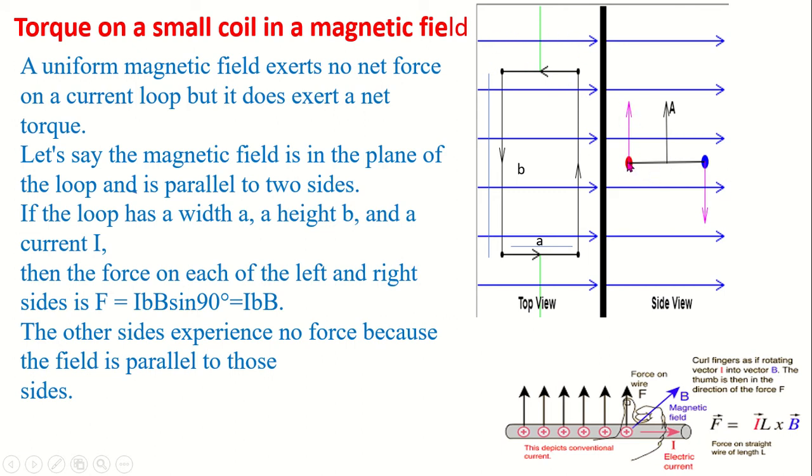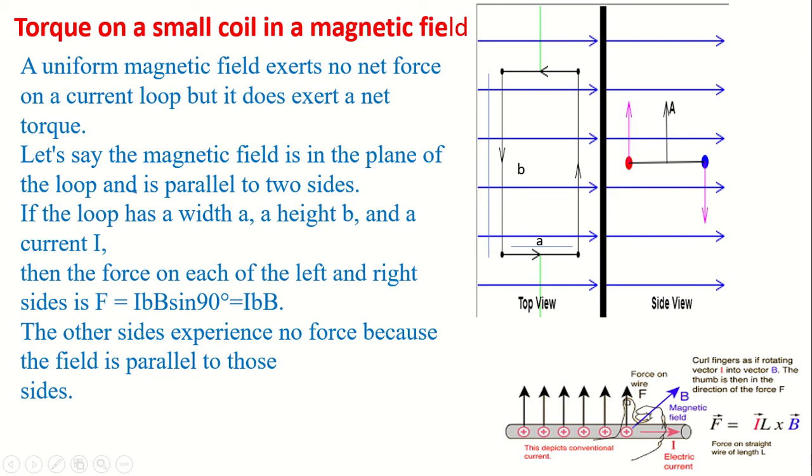If we see the image of this figure from the top view, then we get this. That means the force will be created in the opposite direction, in this direction, and another one in this direction. So here no net force will be created on the loop, but a net torque will be created, as the lines of action of the forces are not in the same straight line, rather in different lines. So here we will get a net torque.